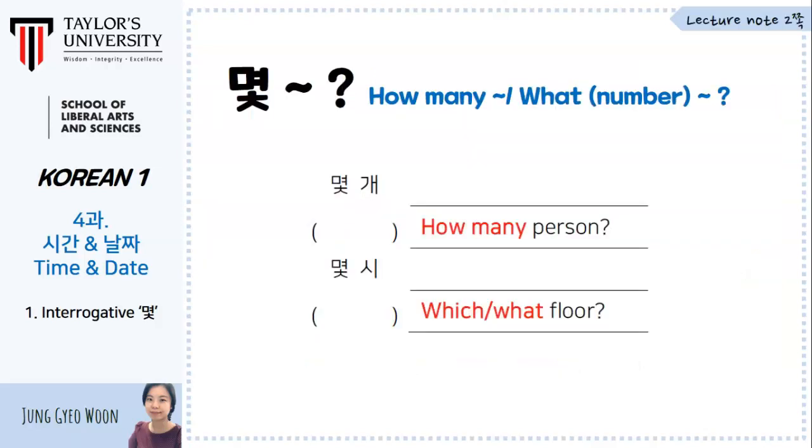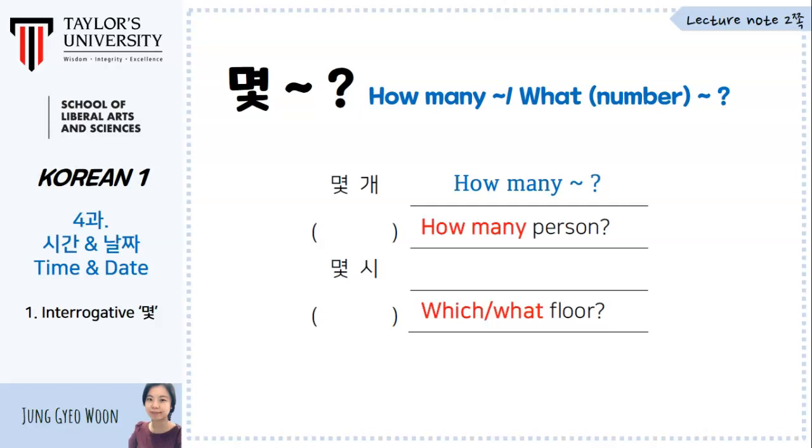Here we have an example in your lecture note, page 2. 이쪽을 보세요. Here we have 8 expressions. The first one is 몇 개. How many? For example, I'm asking how many classes, how many lessons, how many chairs you have. How many will be 몇 개.